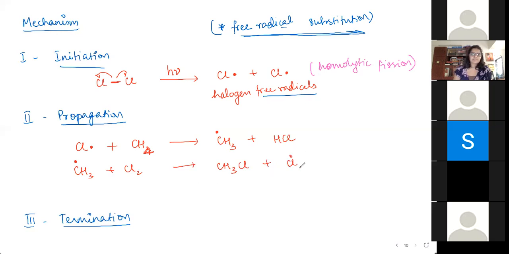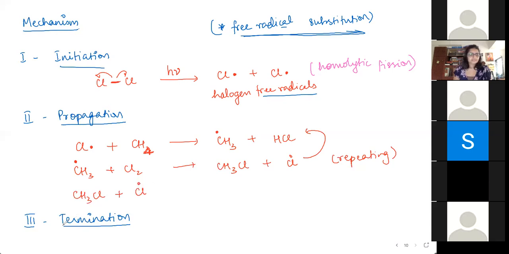So again, this chlorine free radical can hit another molecule. So this keeps repeating until all of the things are converted. In the meantime, this is also there in the same container, right? So let's say the CH3Cl